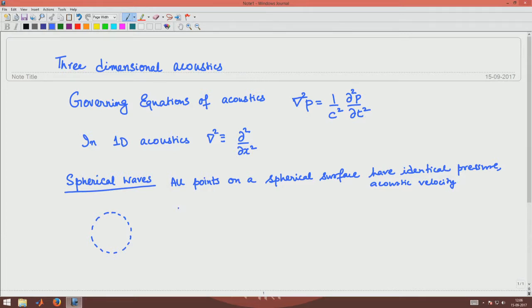So, thus we say that the wave fronts this time are spherical. So, in contrast to the planar wave fronts which we studied in plane waves, now we will study the spherical